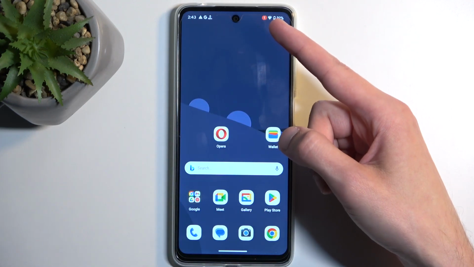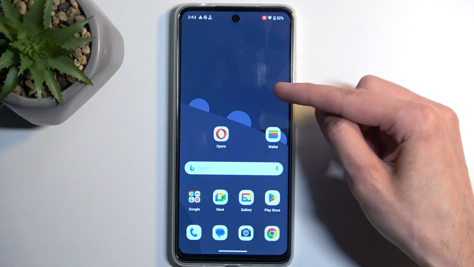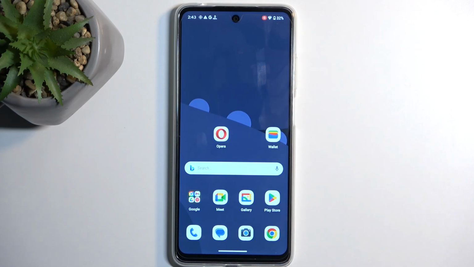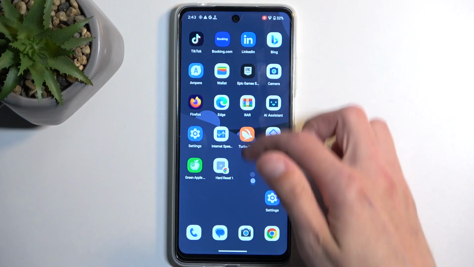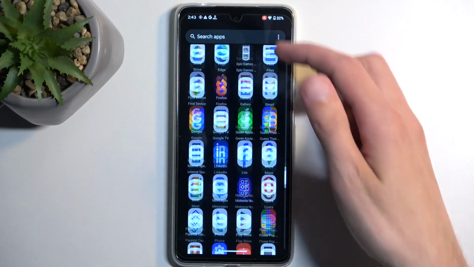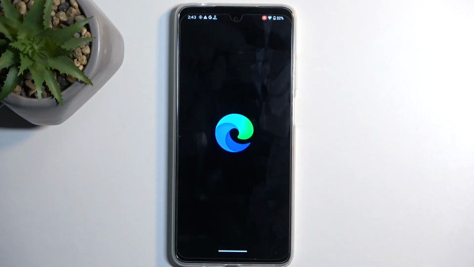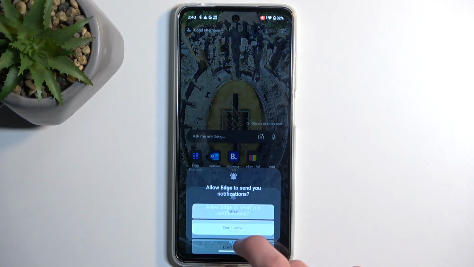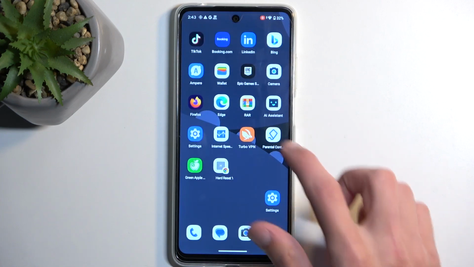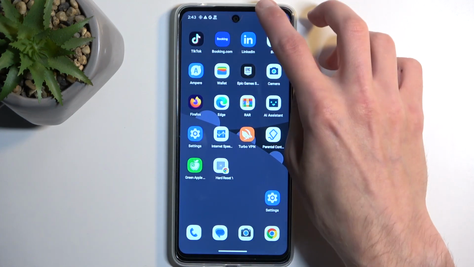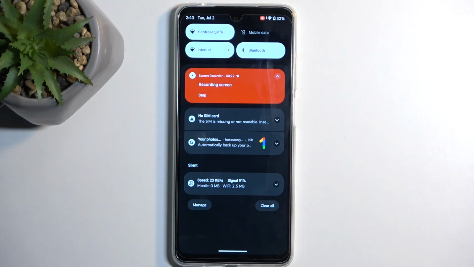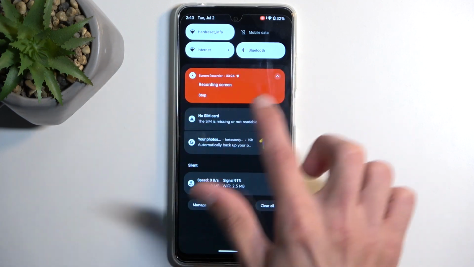This will begin a 3-second countdown, and with an obnoxious notification, it will begin recording. So whatever you'll do right now will be recorded. And you can also open up most of the applications, and they should also be recorded. So let's open up Edge. Anyway. So once you're done recording, let's pull down our notifications again, and here you'll find the red notification with